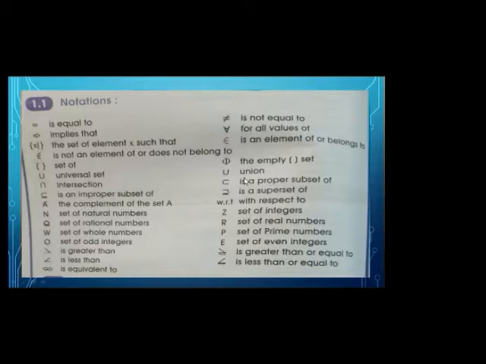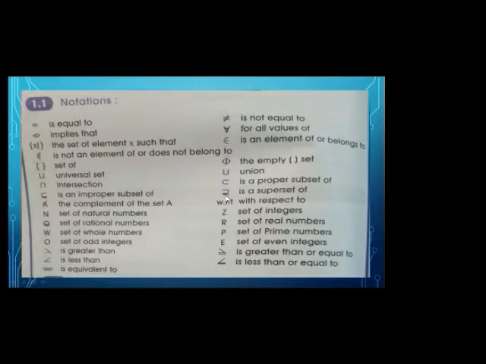Empty bracket. An empty set may be represented by the symbol or by the empty brackets. Then this symbol means union. You can see U is given two times. Here its meaning is universal and there its meaning is union. If U is given single, then we consider that it is giving the meaning of universal set. If U is enclosed or given with two other sets, then it is giving the meaning of union.